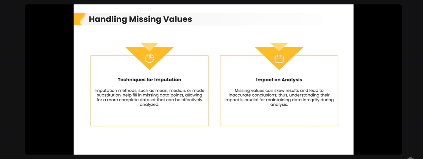If you have some missing values in the student data set, when you distribute the data you will see some skewed results, which will lead to inaccurate conclusions. When we say missing value, there could be a genuine value behind it. In the student data set example that I gave you, it could be that the student was